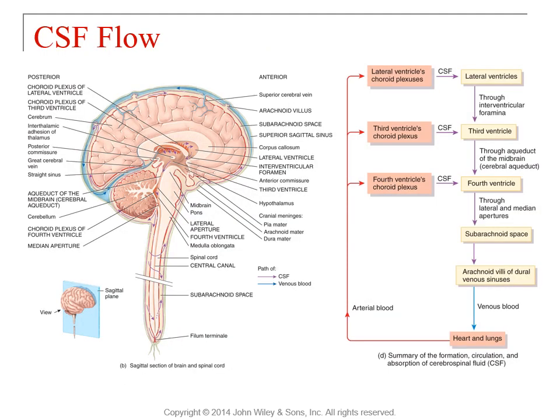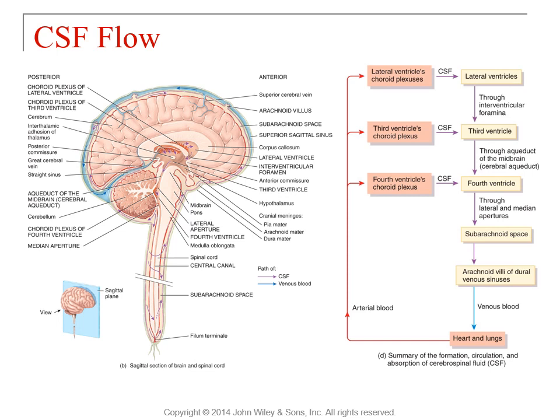So looking at how CSF flows, we're going to start ourselves actually at the heart and lungs. So let's go over to the right diagram, start at the bottom there. Start with the heart and lungs as it pumps arterial blood up through the brain area, through the carotid artery, and also the vertebral artery. It will pass through the choroid plexuses of each of the ventricles. So as you can see in the corresponding lateral, third and fourth ventricles, you're going to filter and have the